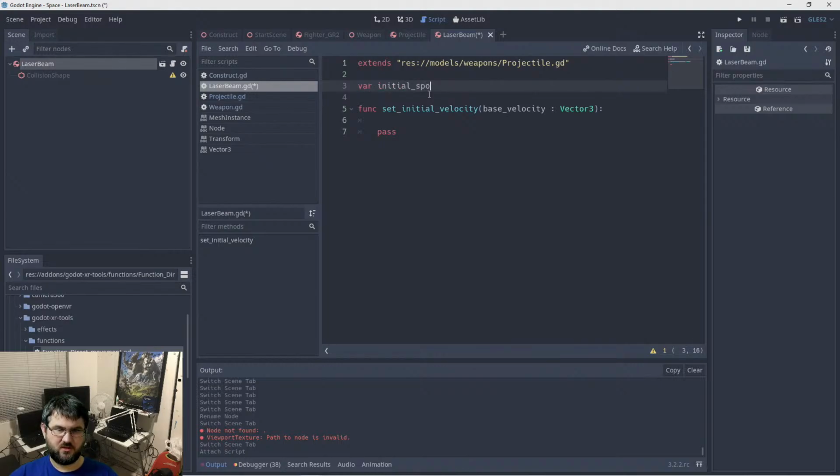Initial speed, which is going to be in units per second. And I'm going to make it something really dumb and low. This is obviously going to be something much faster, but I want to see it move away from where we are to see what it does. Because again, if we make it really fast, it'll just disappear too quickly, and we won't know whether we're doing the right thing here. That means that our initial velocity is going to be our base velocity plus our global